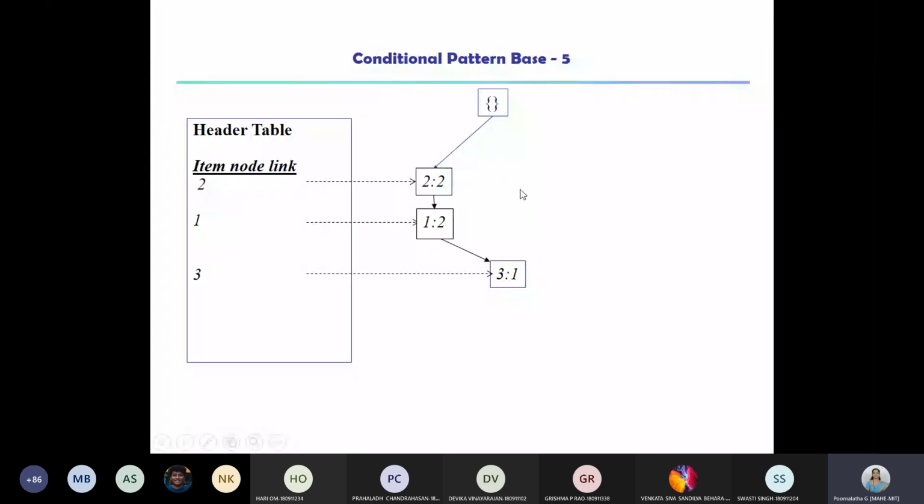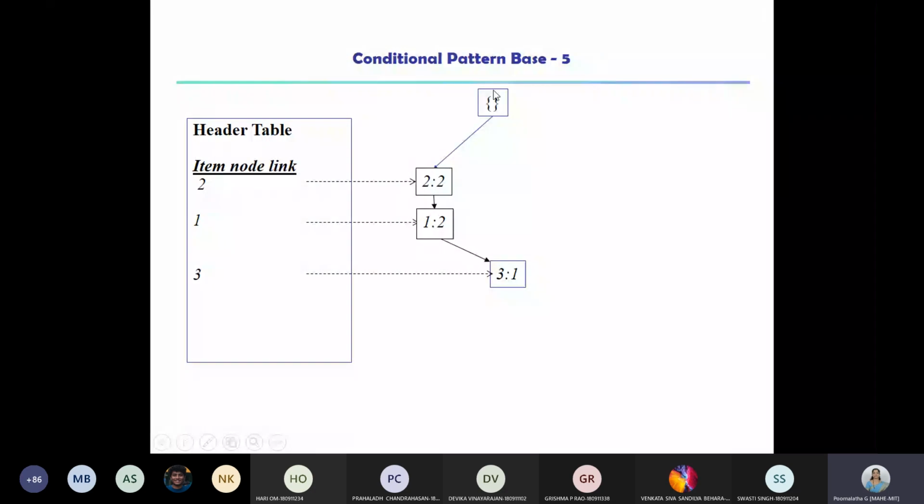Suppose I consider this as the database, let me read the transactions. How do I read the transaction? It is 2 one time, then 1 one time, right? That is one transaction which is coming with the 5. So the conditional FP tree also will have 2 and 1. Similarly, one more time you can see here 2, 1, and 3. So you need to observe that here it is just a conditional pattern base.